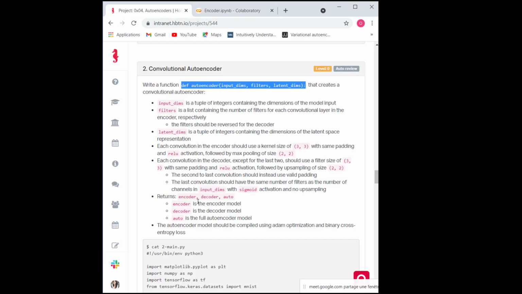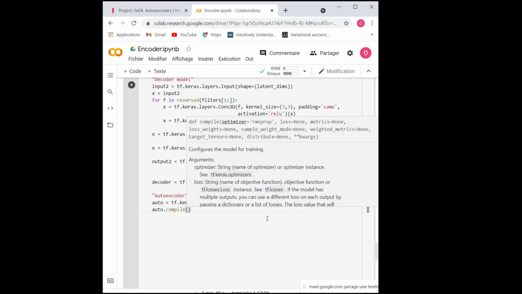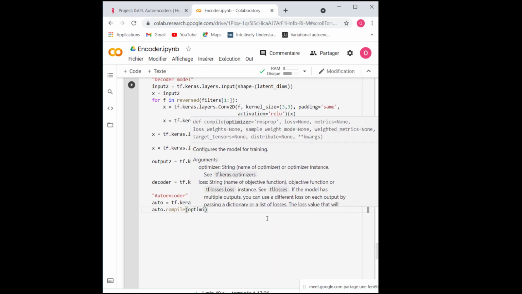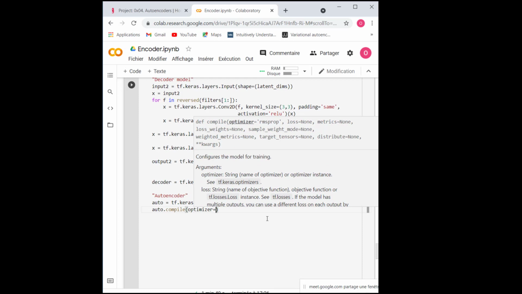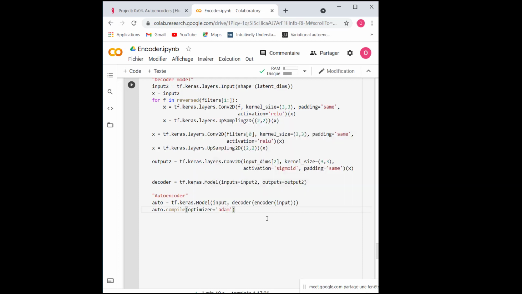The optimizer will be Adam, and the loss will be binary cross entropy.